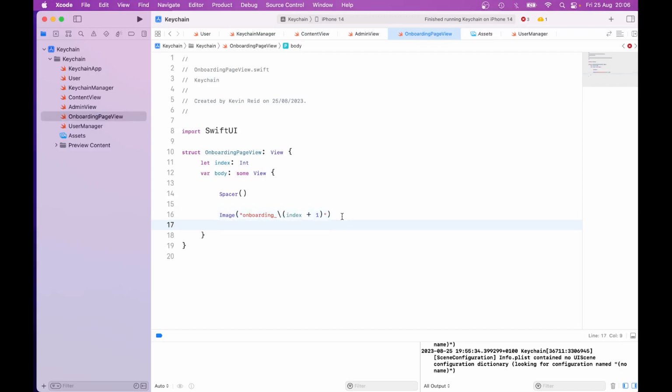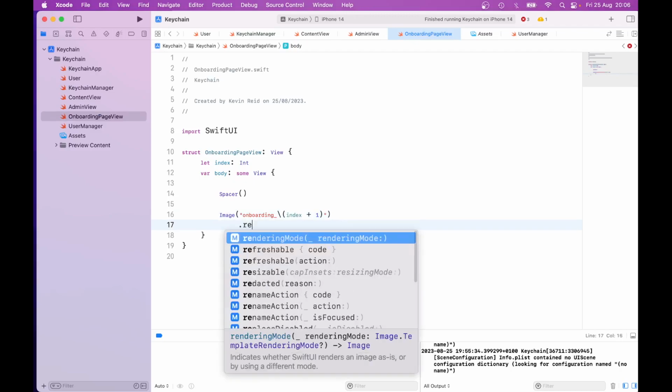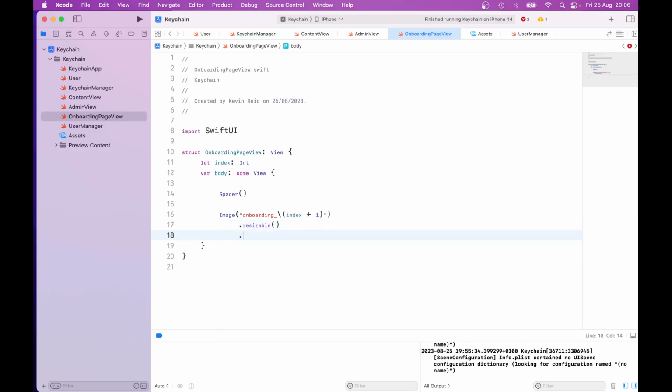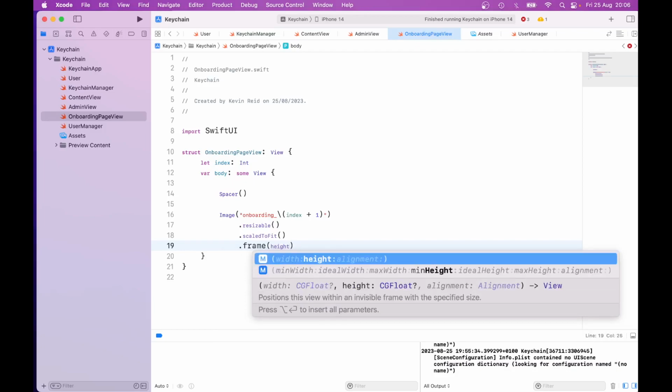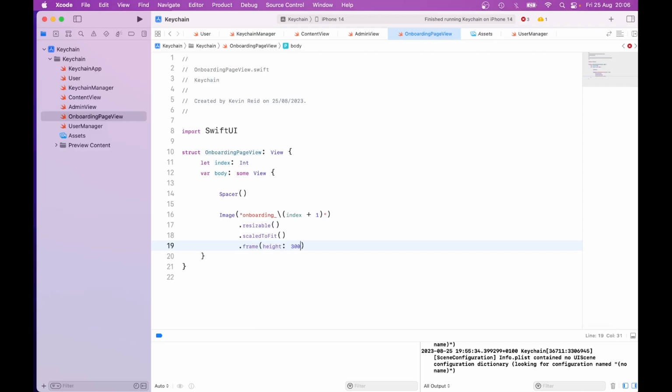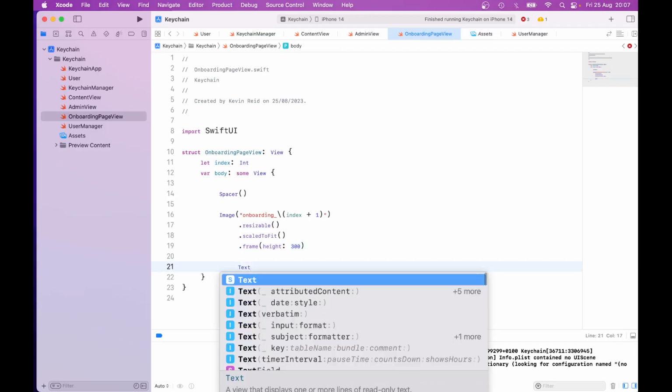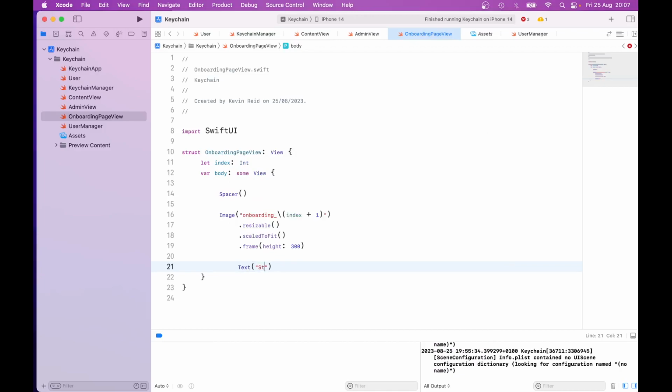And then on line 17, just type .resizable, .scaleToFit, .frame, height 300, text, step, index + 1. So that will say, show step 1, step 2, step 3 for each of the onboarding screens and